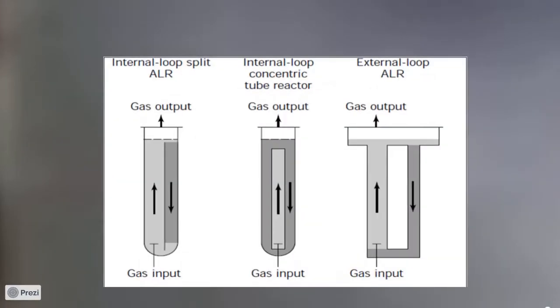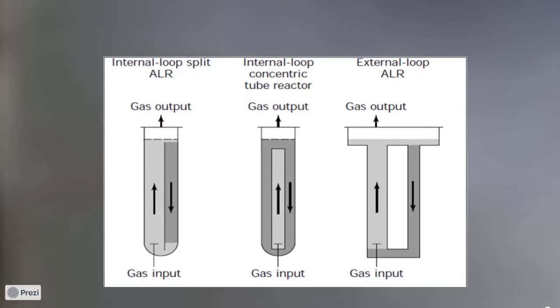Based upon the position of the riser and the downcomer, these airlift reactors are broadly classified as internal loop split airlift reactor, internal loop concentric tube reactor, and external loop airlift reactor. In the internal loop split airlift reactor, there is one riser section and one downcomer section.